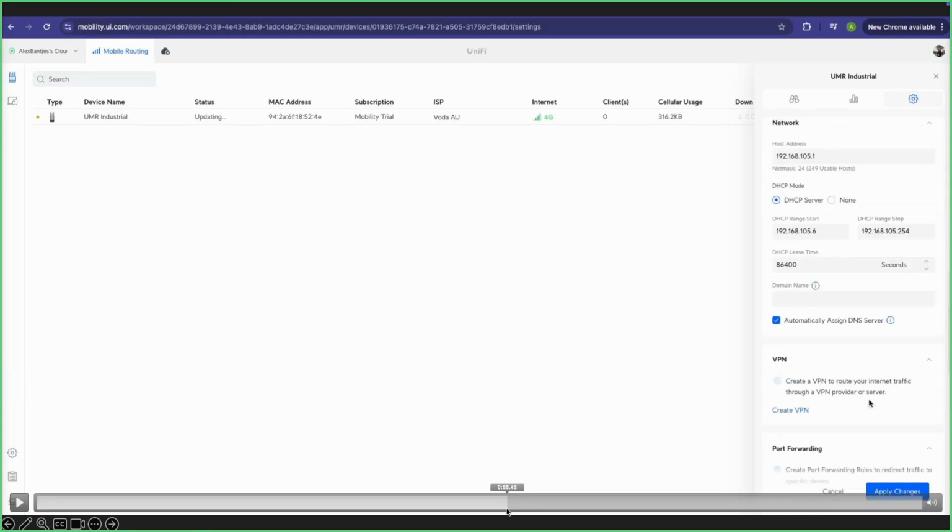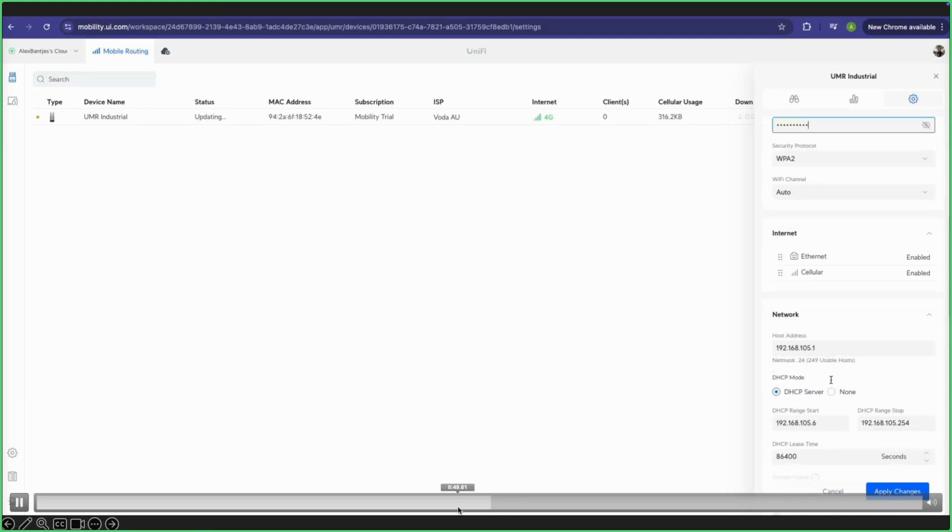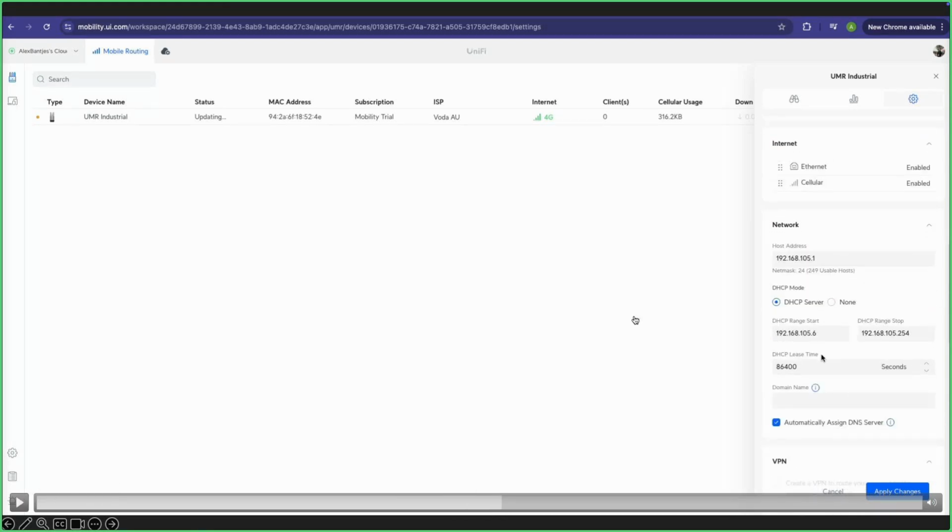I'm going to skip back slightly. I just want to quickly highlight something that I scrolled past, and that is the internet settings that you see in front of you. With this, you can specify what the primary WAN connection is as well. So I can say that this device is primarily connecting or using the LAN port as WAN connectivity in case